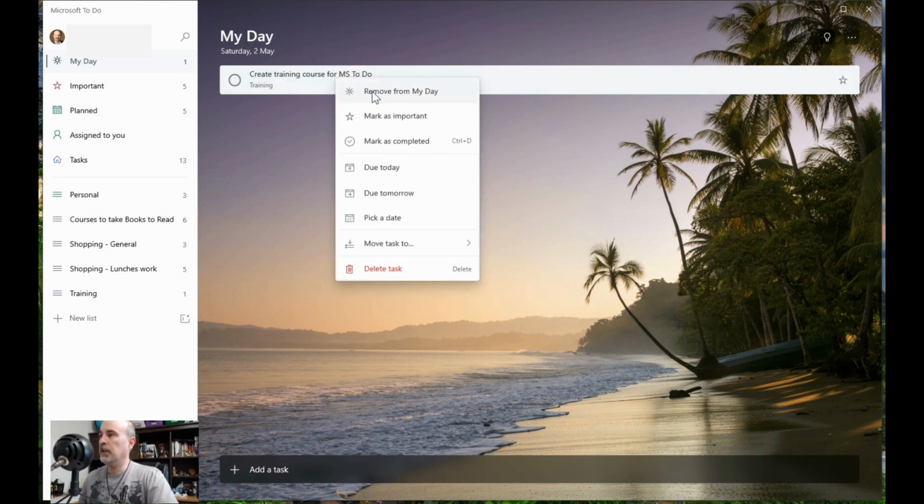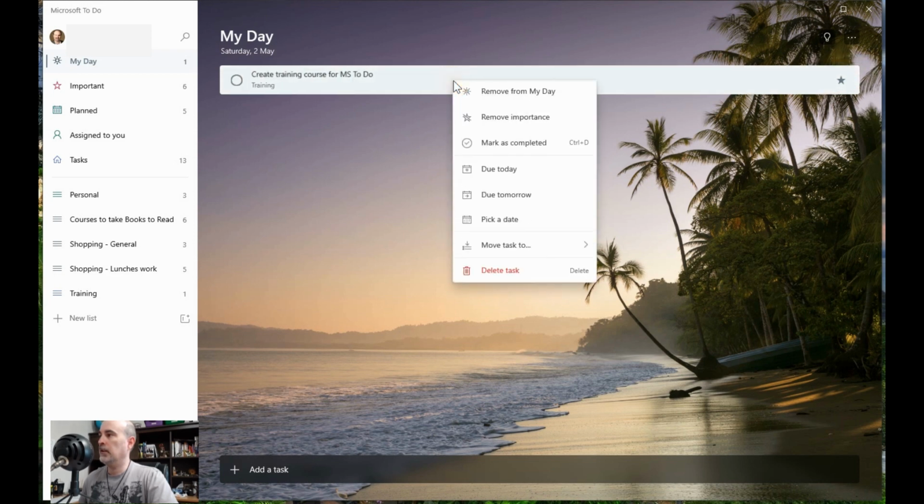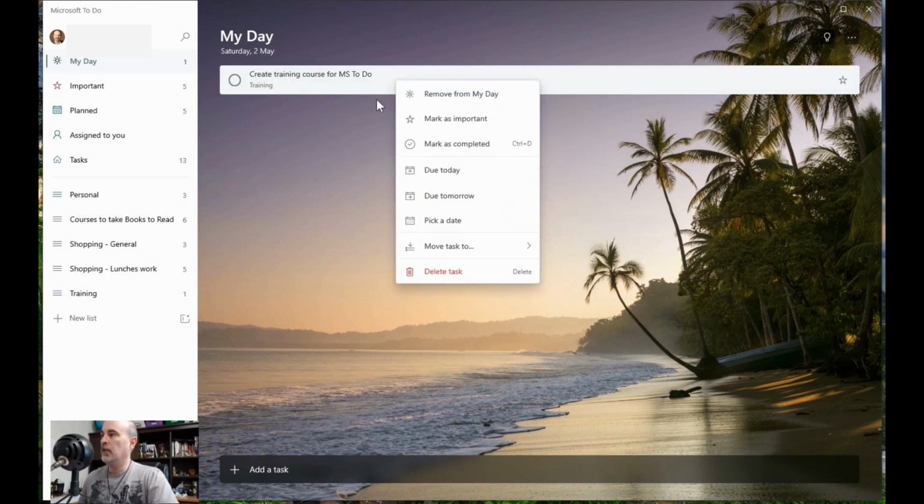So I can right click again, I can remove it from my day if I don't want it to be there. I can mark it as important here, which will be the same thing as clicking over here to star it. So now this star is filled in. So I can click on that to remove it, or click it back on to add it, or right click and say remove importance. So you can do it two different ways. All the other options are hidden in here. So besides the mark as important on the right and then mark as completed, which is over here, the remove from my day is because it's in my day already.